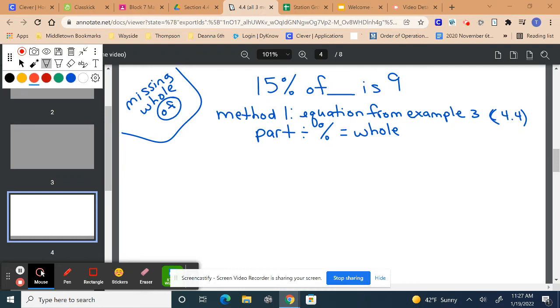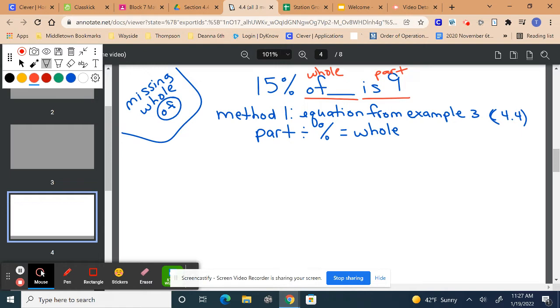Okay, so now we're missing the whole, which is the "of." So this piece right here is our whole, and that's what's missing. And this is our "is," and this is our part. So the first method we have is from example 3, which is in section 4.4, when we're doing part divided